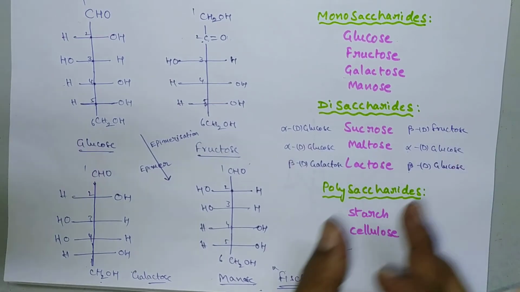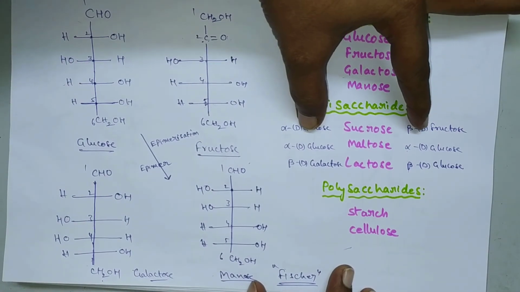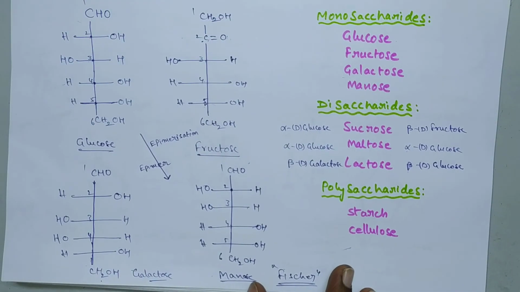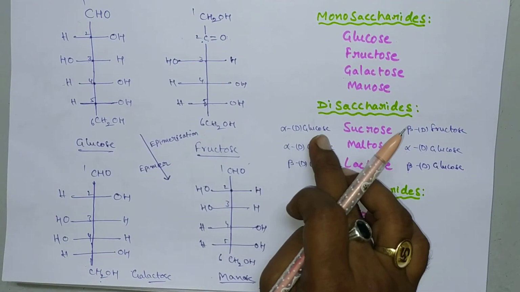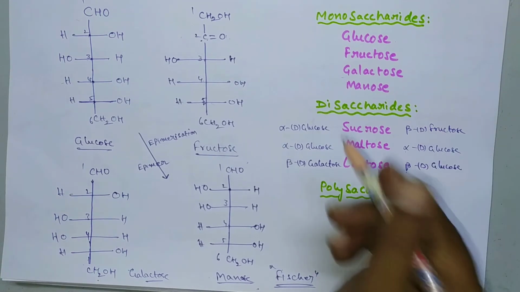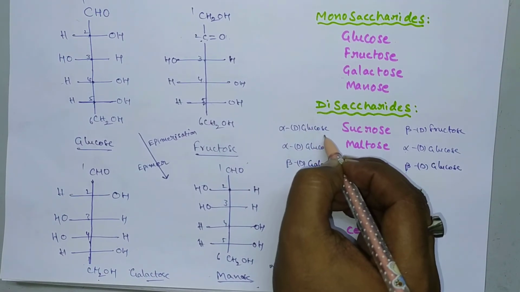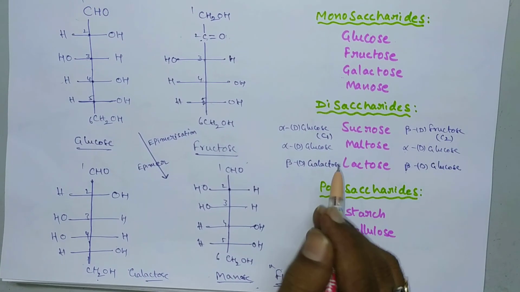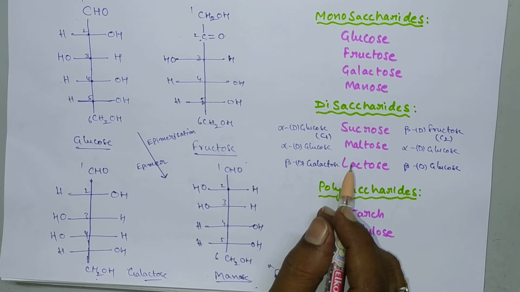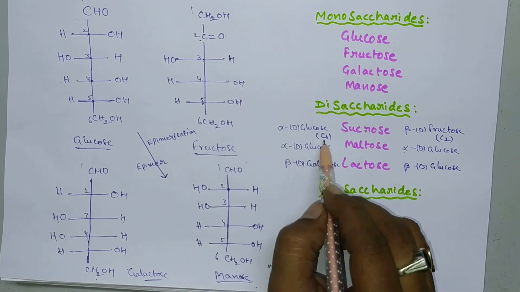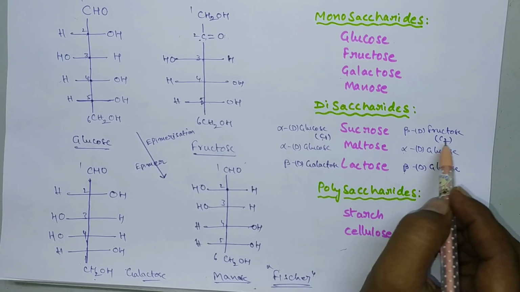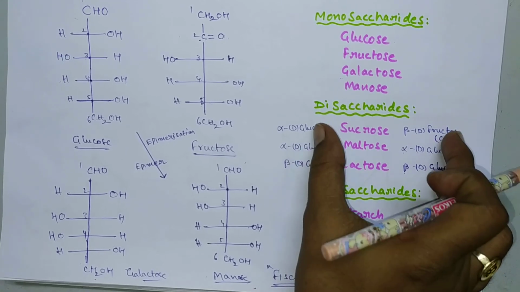Okay. So how are these two monomer units linked together? We have to discuss the structure of sucrose, how these two monomer units are linked together. You have to remember the point of linkage between alpha D glucose and beta D fructose. Here the C1 carbon of alpha D glucose links with the C2 carbon of beta D fructose. Okay. So sometimes he asks like this: which of the following linkages exists between alpha D glucose and beta D fructose of sucrose? That means there exists a C1-C2 linkage. Okay, this one is the C1-C2 linkage.